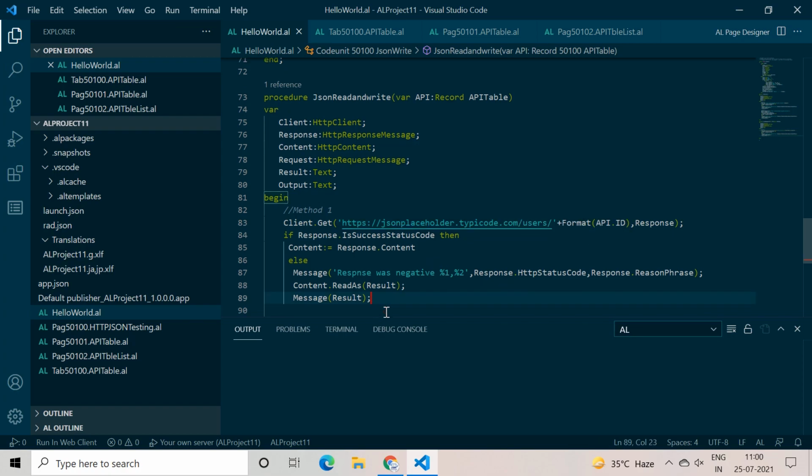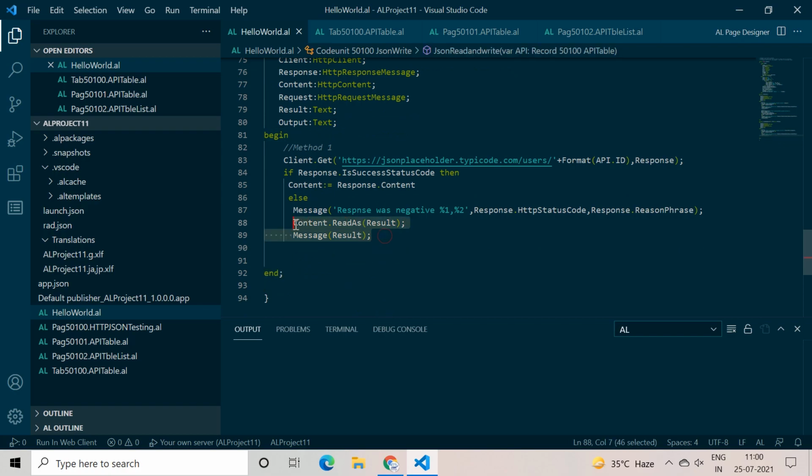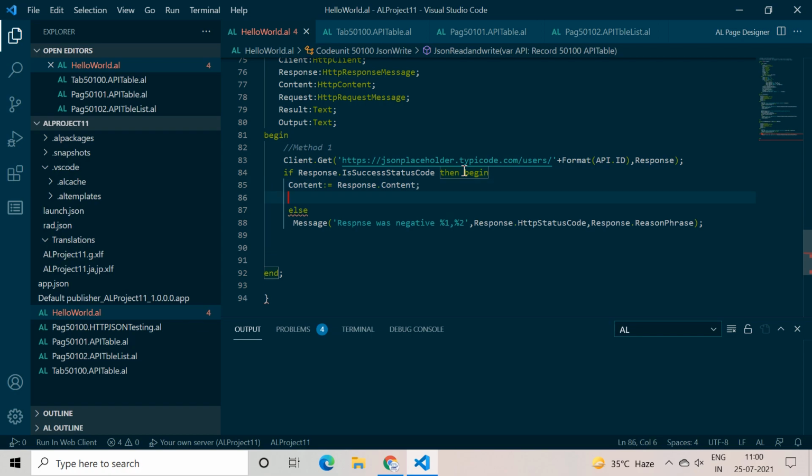So let me remove this part. This will be in the else condition, and let's say begin. The down part is our else condition, so in case the connection is not successful, we will get this error.